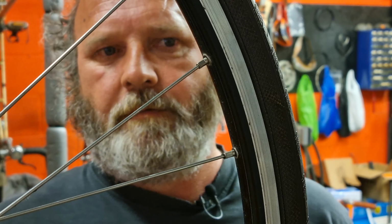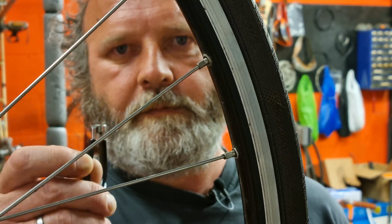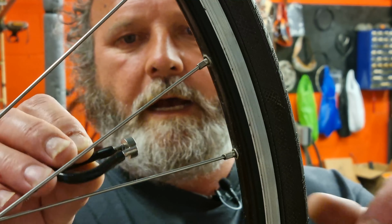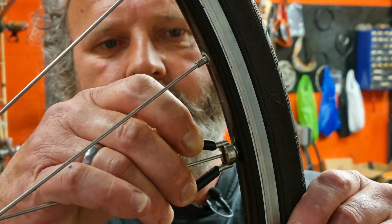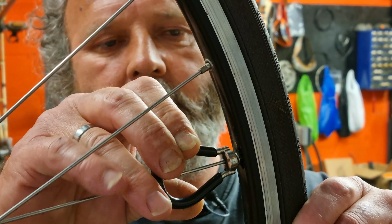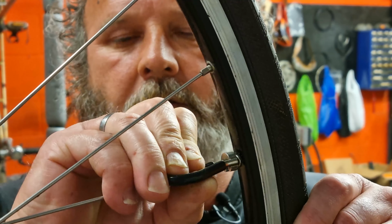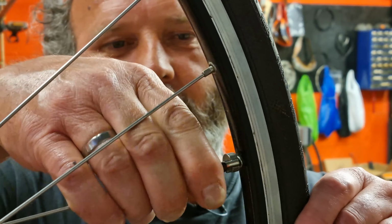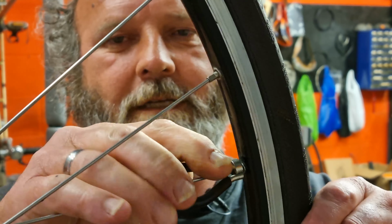Right, I'm just going to show you the problem with using the wrong size spoke key. So this is the right size spoke key. This is the smallest one that Park make. Other manufacturers make spoke keys that are good as well. And this fits, it just moves a tiny little bit on the nipple. So if we start tightening that up, you can hear that needs some oil as well, but we can still do that. What's that? Two turns on that with the right size one. So let's undo it again,